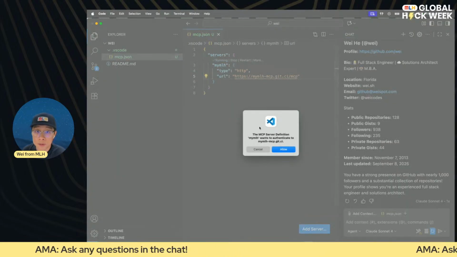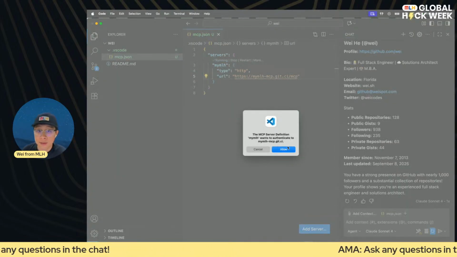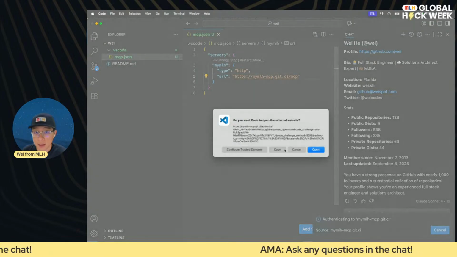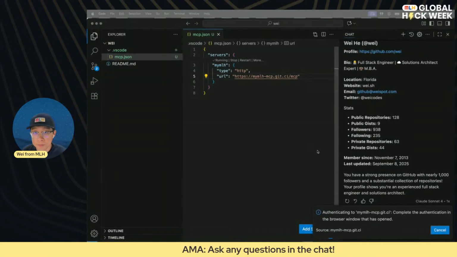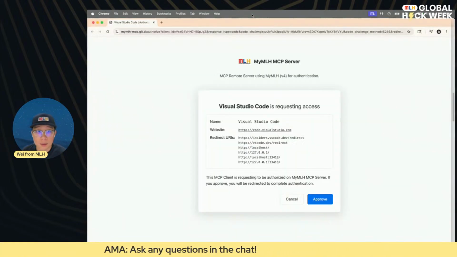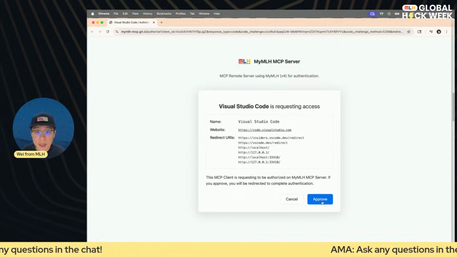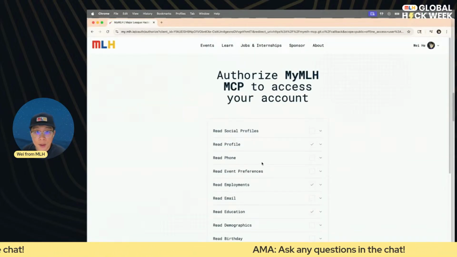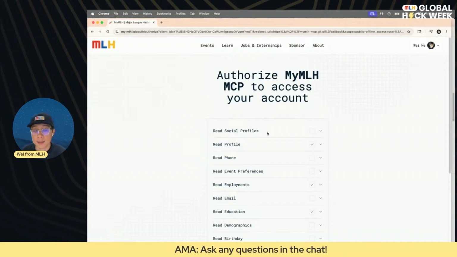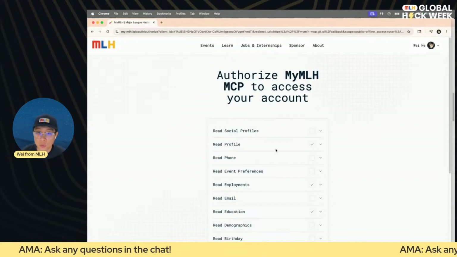This is going to open up a window to authenticate, just like GitHub MCP did. All right. And I'm going to say approve. And then MyMLH is going to ask us, do you really want to authorize, and what are the different permissions you want to give it?